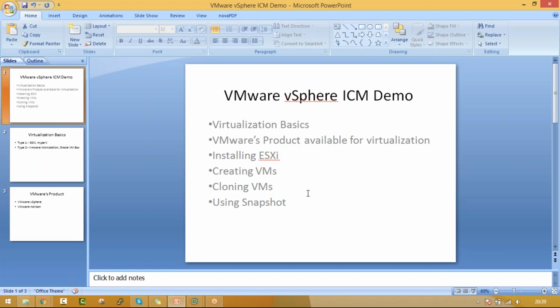Sorry to interrupt you, but there I don't have any access to a bare metal host where I can install ESXi by myself. You don't require to install an ESXi, right? The point is that you need to understand how to install an ESXi and how to create a virtual machine. Once you understand how to install an ESXi and how to